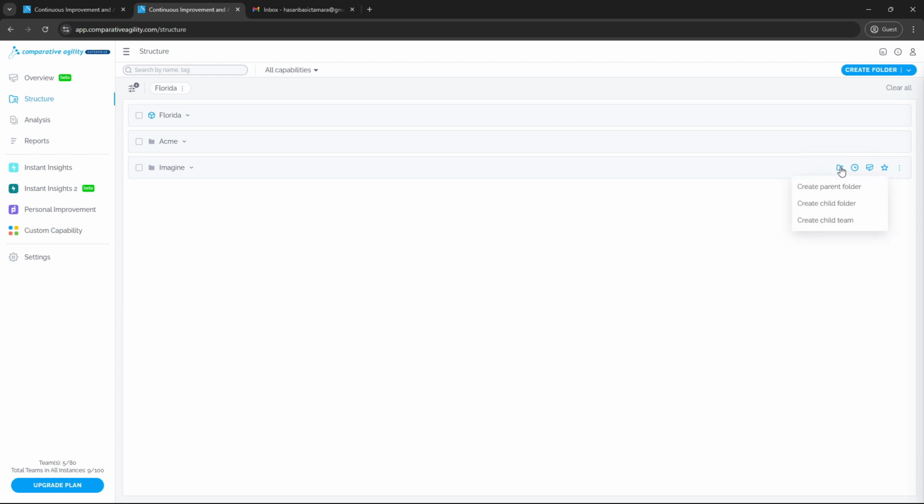Here we have some different options. We can create parent folder, child folder, and child team. Let's proceed and create a child folder, and let's call it Program A. You have the ability to add as many levels as you want and need, but we'll proceed with